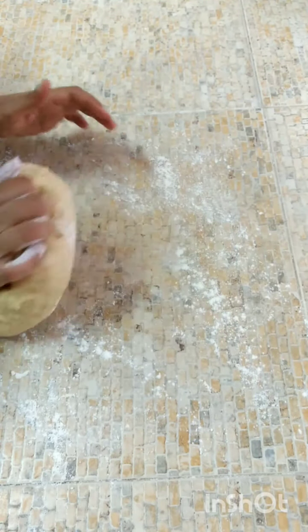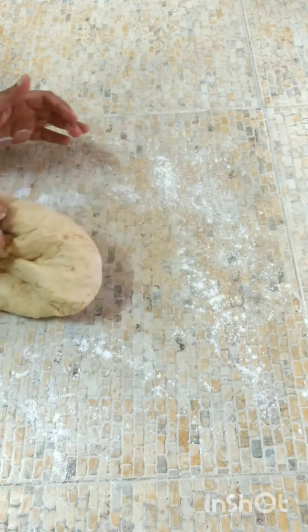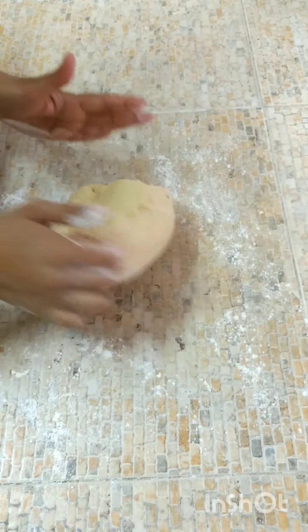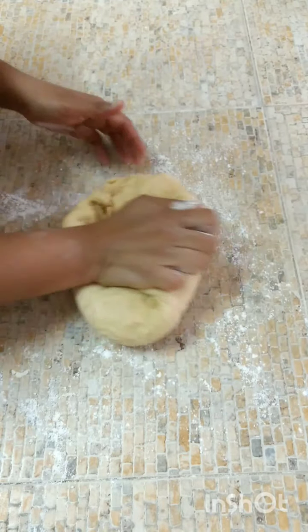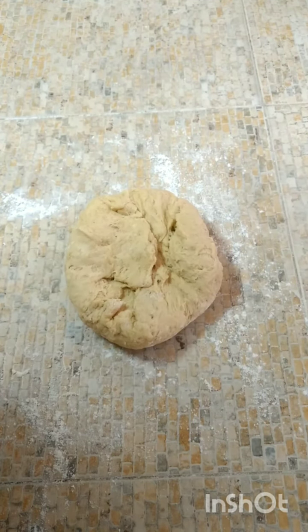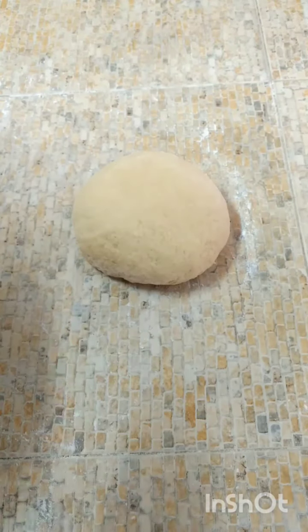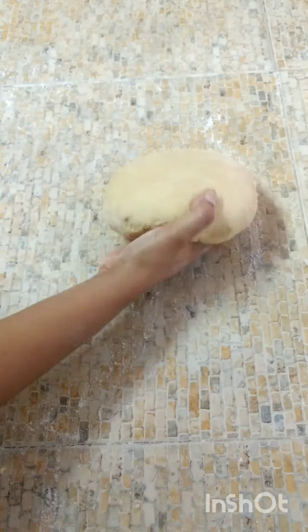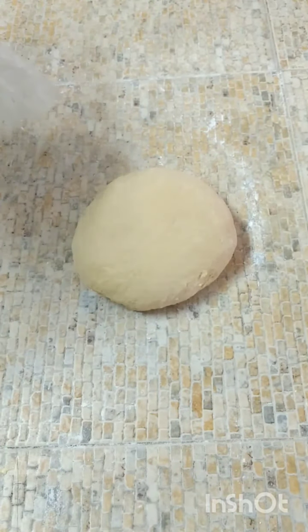Till it gets smooth. We're going to sprinkle with flour. So I'm going to knead this until it gets smooth, where I can separate it out and show you guys. When it gets smooth, it's going to be like this. And you're just going to rest it on top here and cover it back with your